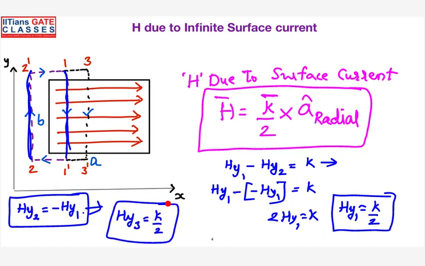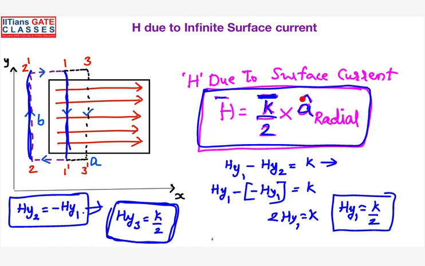So instead, irrespective of the point, you are going to get the magnitude as k by 2. Now I was generalizing it in this vector form. If you look at this one, the magnitude will be k by 2. This remains same. And including the direction, if you want to write, the direction of magnetic field will be the cross product of current into radial direction.